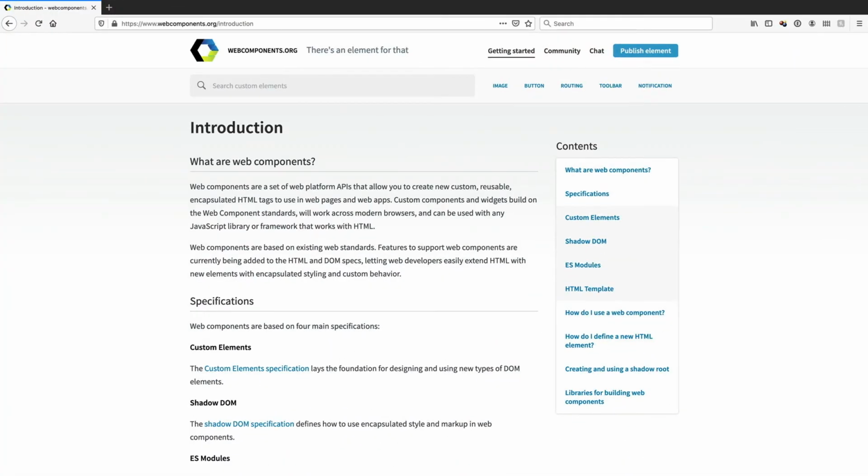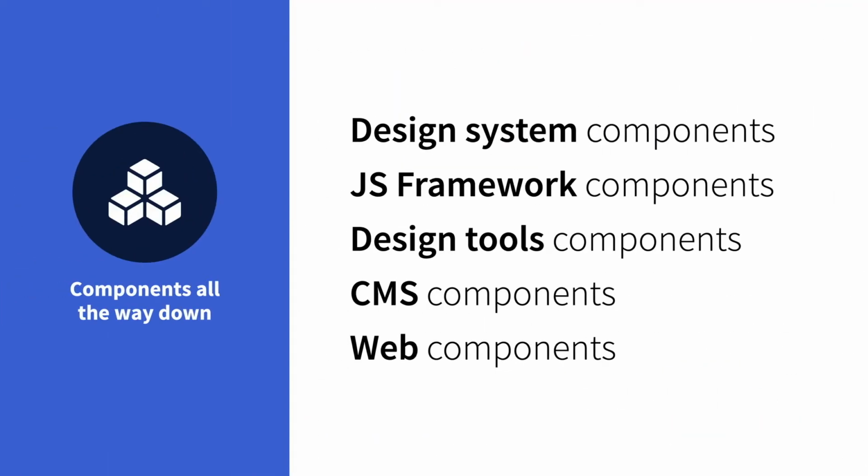And then there are web components. Web components is a standard that's been around for quite some time. At this point, it feels like it's been around forever, but it's not gotten quite the adoption of other standards. I think there's a bit of a barrier to entry, but web components are designed for defining components that are reusable, and that is a lot of what a design system is. And at some point, I looked around and realized that there's components all the way down.